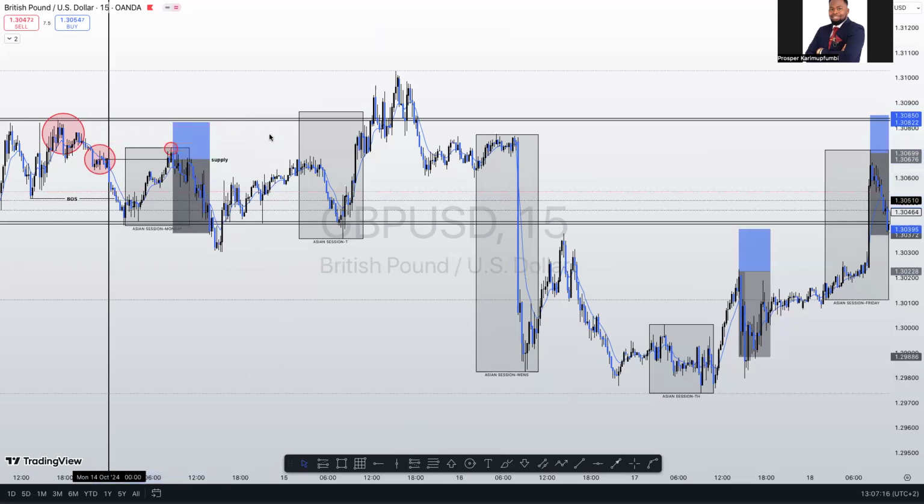Which is the first reason for us to look for genuine entries or major entries around this area, right? So this was the first setup that actually played after the Asian session closing, right? So 8:30, that's where the London session opens, right? So if you can see what was actually happening here, right, around